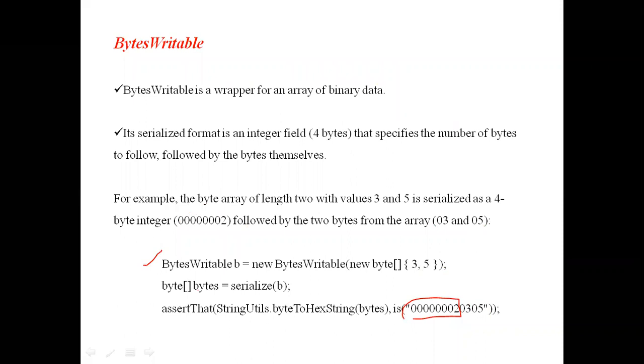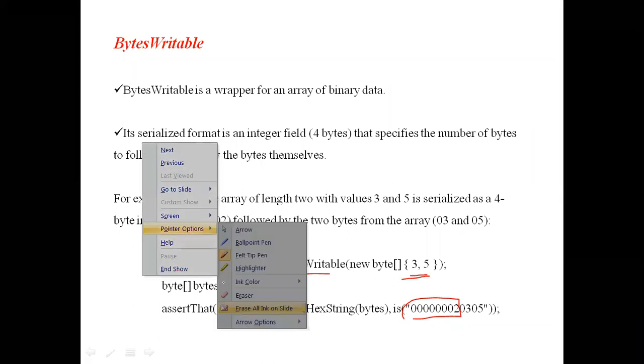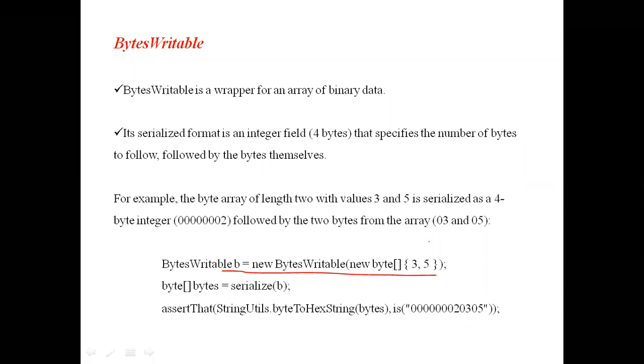See here, what the program will do is, first we are creating an object for BytesWritable. For the class BytesWritable, we are creating an object b equal to new BytesWritable of 3, 5. At the time of creation of the object, we are providing the inputs 3, 5. Two values are given to this BytesWritable object. That is, the first line indicates that we have created an object for BytesWritable. While creating, we have given 2 bytes. One byte value is 3, the second byte value is 5. Clear?